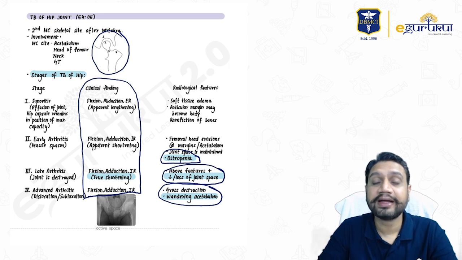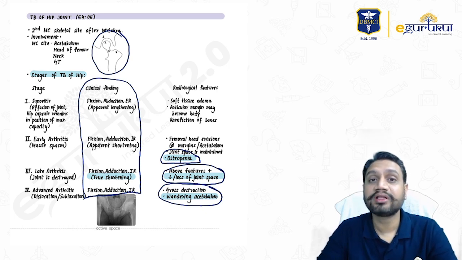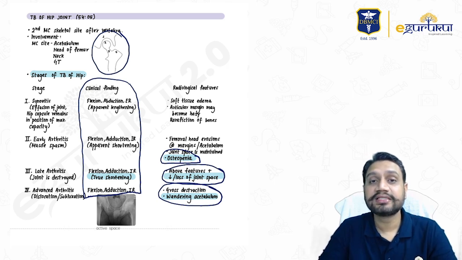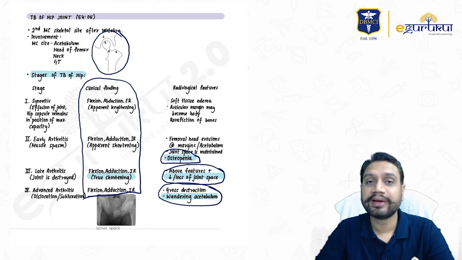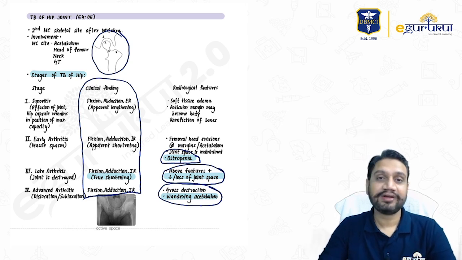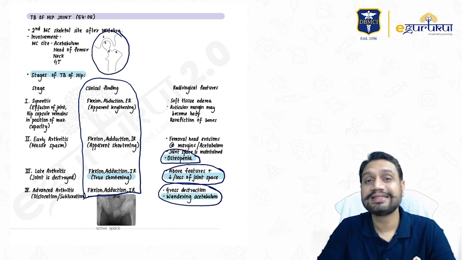So remember the attitude of the hip, and it all comes with a logical thing. Why the attitude of the hip should be in a particular posture. Everything is with a logic. When you discuss the conceptual things, you will always remember them. You don't have to mug it up. There is a concept behind these things. And if you have read it well and been a part of the live class, I believe you have been able to easily mark out all the important things in this question. Okay, so let's move on to the next one.